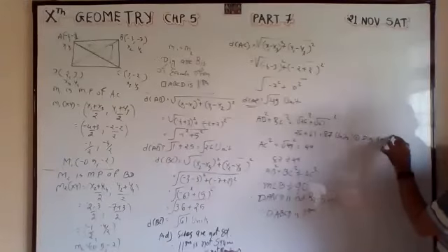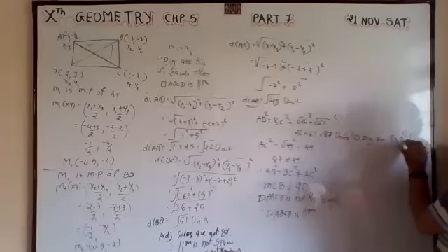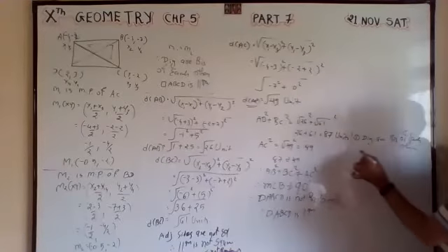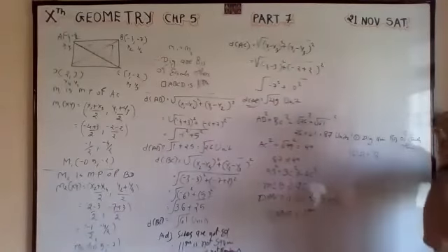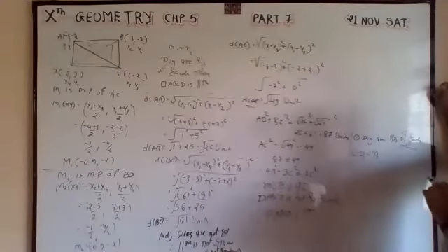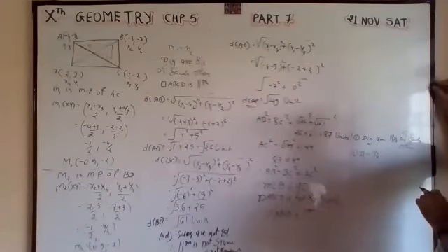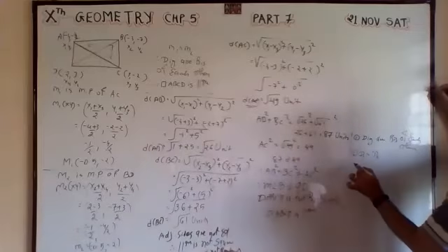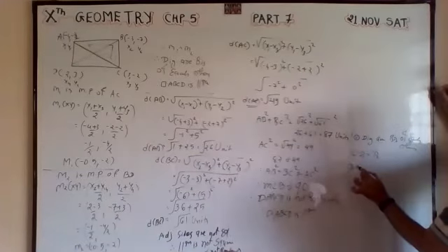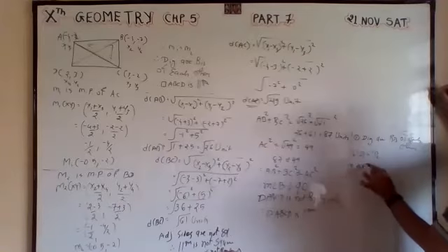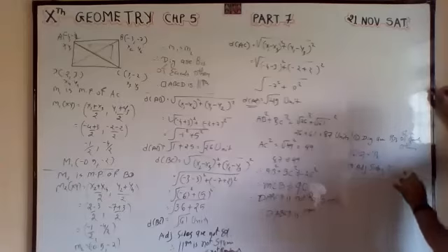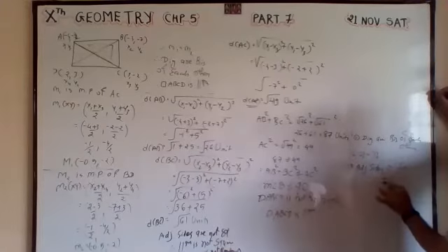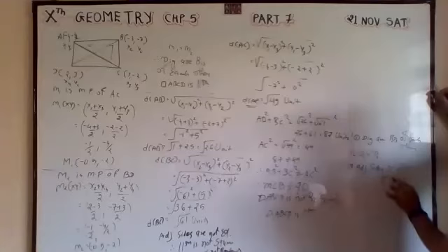Diagonals bisect each other. Second, diagonal 1 is equal to diagonal 2 lengthwise. If it is equal, it can be a rectangle or a square. Third test, adjacent sides congruent, then it is a square. Not congruent, rectangle.